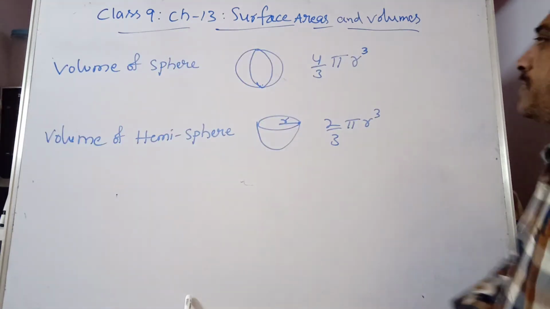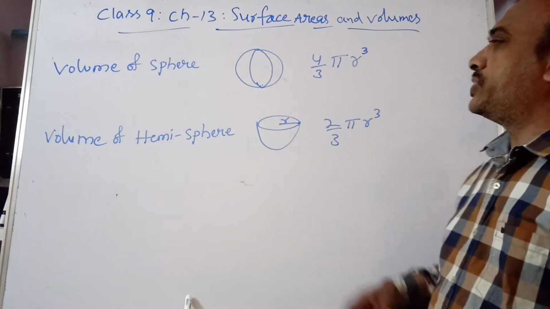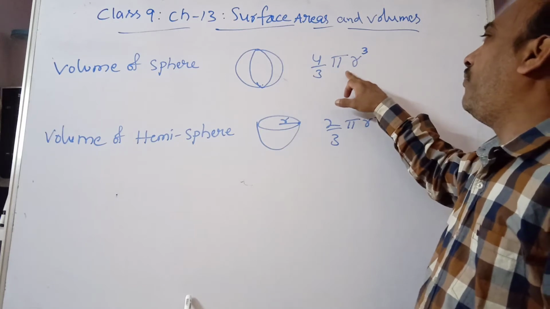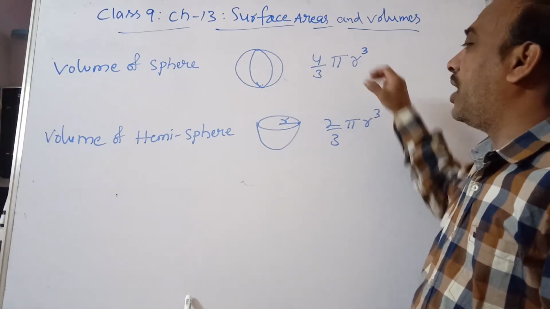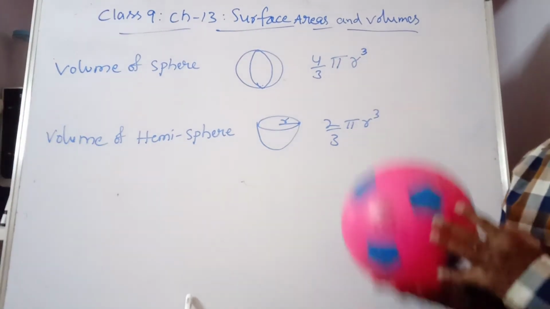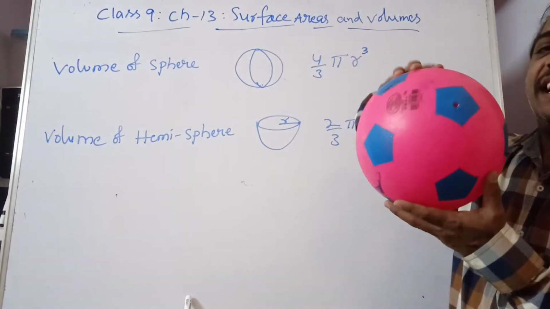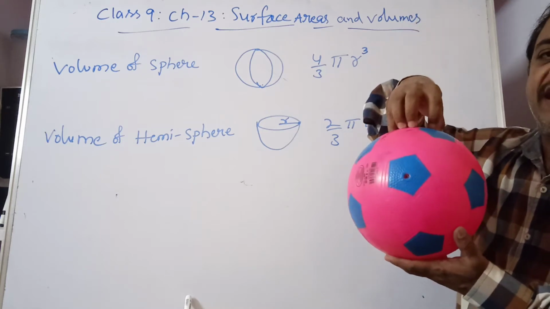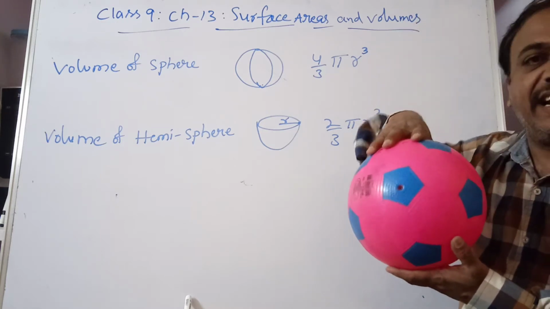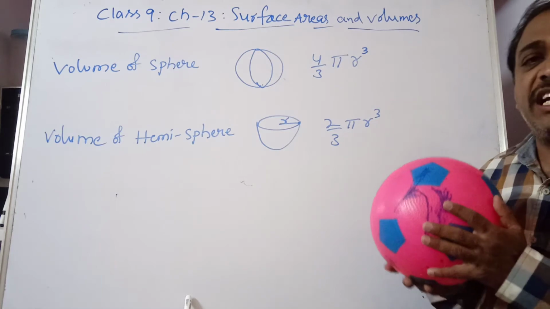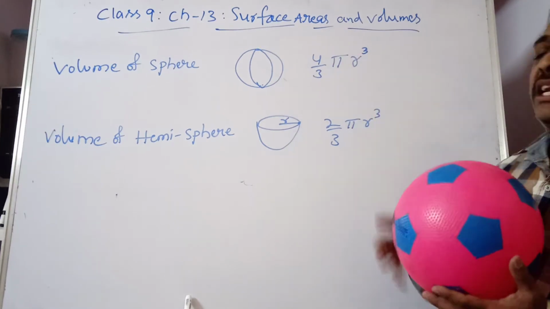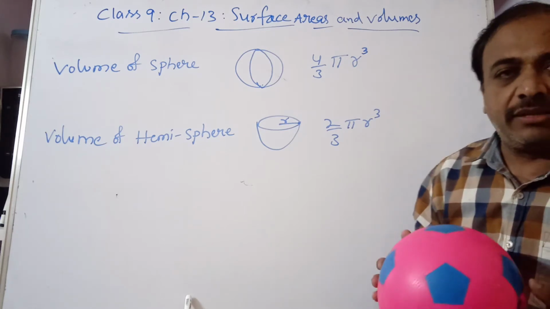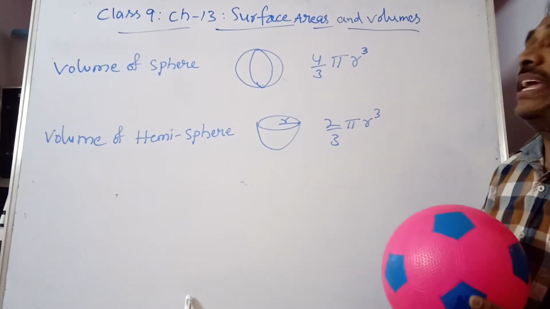Now the volume of a sphere. The volume of a sphere is equal to 4/3 pi r cube. If the spherical shape is an open container, it has some space, we can pour water inside it or it can hold air inside it. The volume of the spherical shape is 4 by 3 pi r cube. We have an activity in our textbook that we will be doing in the mathematics lab.